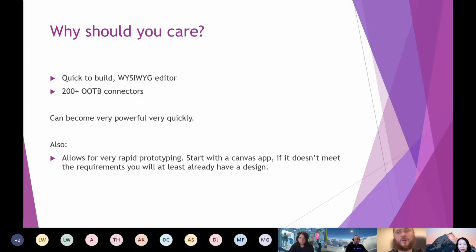Thanks. So I suppose after seeing all that cool stuff about PCFs, why should we care about Canvas apps, really? And it's about that ease to build them. I'm a little intimidated about all the stuff that Tae's talking about. I wouldn't feel confident that, even if I had a week, I would be able to work it out, while the demo that I'll show later took me about 25-30 minutes on a Sunday night. It's really, really easy stuff to build once you know what you're doing.